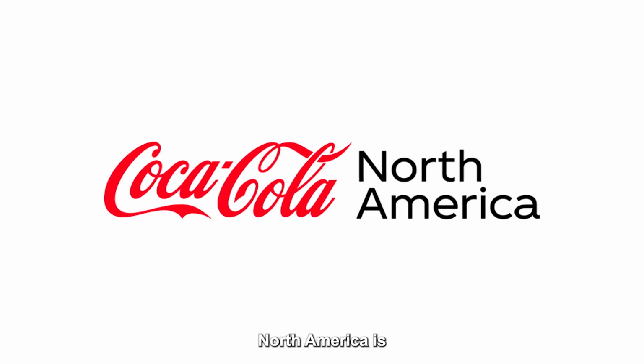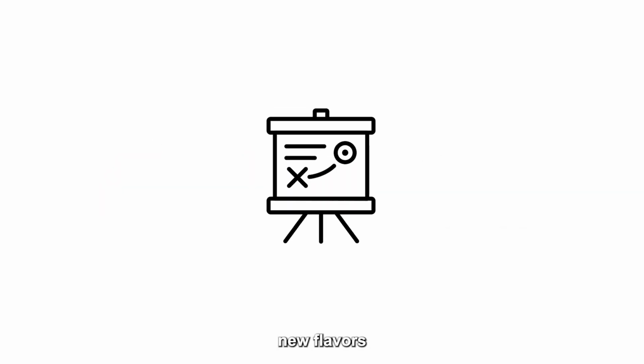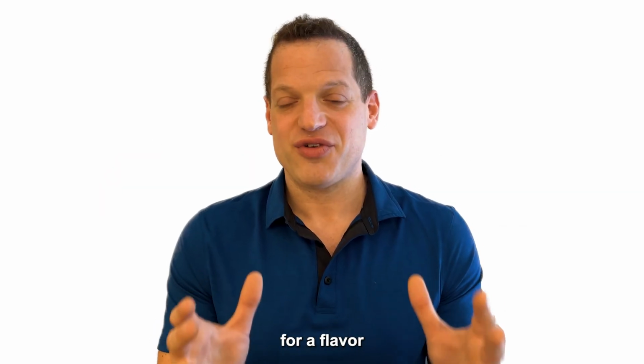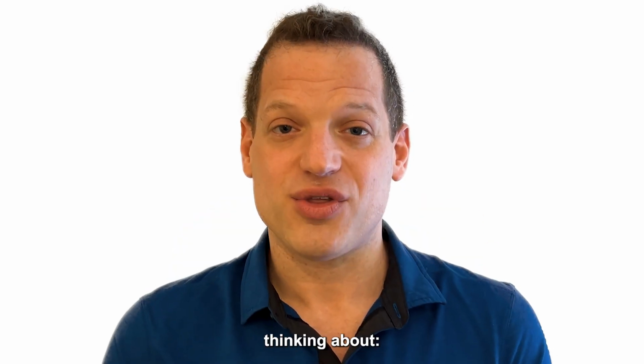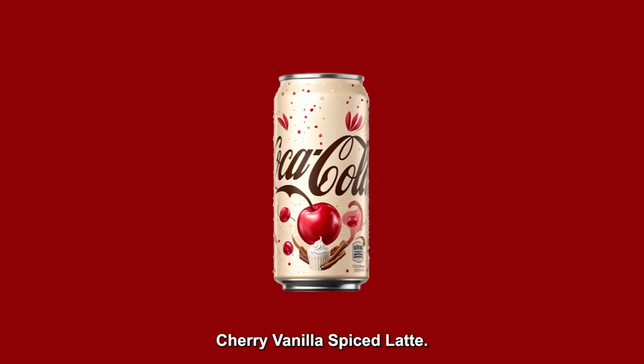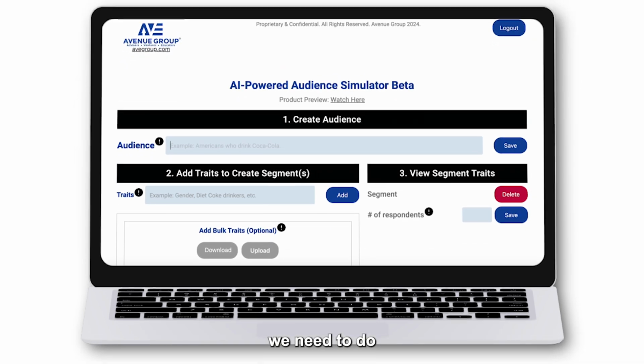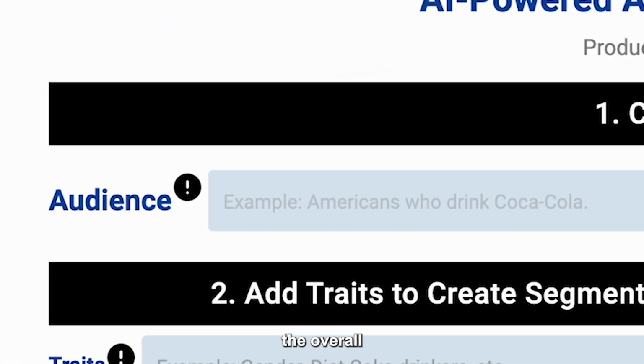Let's say Coca-Cola North America is thinking about new flavors to test, and they have a secret idea for a flavor they want feedback on, but it's confidential. That new flavor that they're thinking about? Cherry vanilla spiced latte. The first thing we need to do is create an audience, which is the overall population